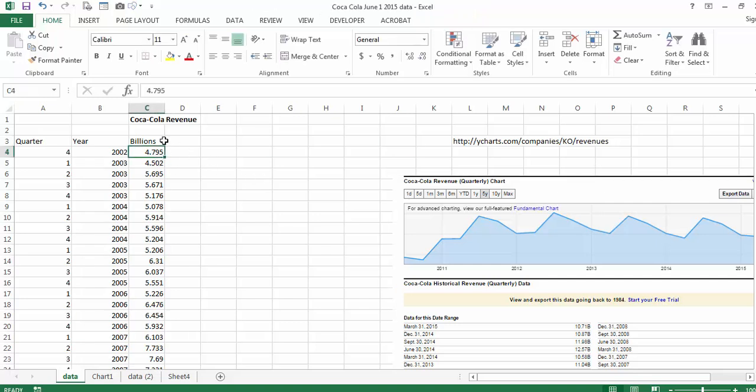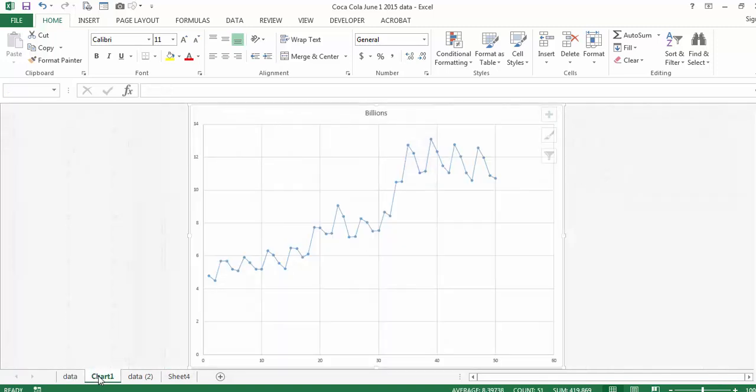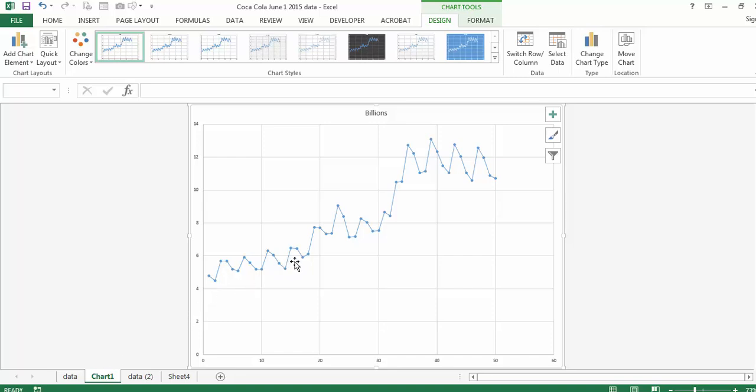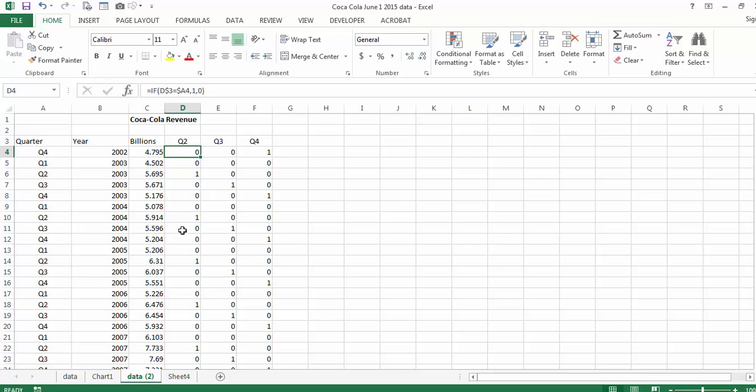If you select the data and try to insert a chart, you will discover, and I did it before, that the data is cyclical. It has a trend going up, but it also has probably higher sales in the summer. So what I'm going to try and do with this example is forecast sales using regression and take care of the cyclical data. So what I did next is I copied the sheet to a new sheet and added an if function,